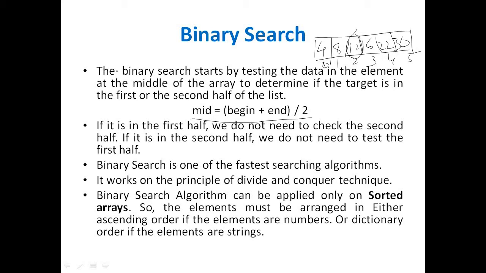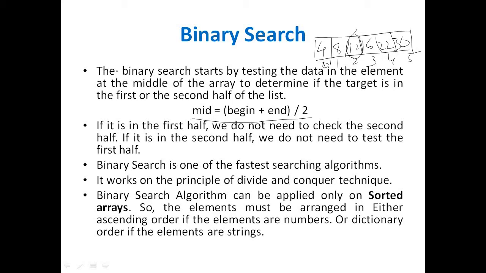How is this happening? Why are we not supposed to search the remaining elements? Why are we searching half of the part only? Because binary search can apply only if the list is an ordered list. When you are applying binary search to a particular list, that list should be in sorting order. Then only you can apply binary search.